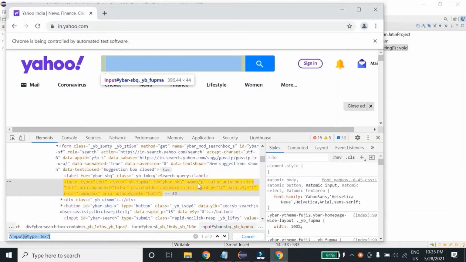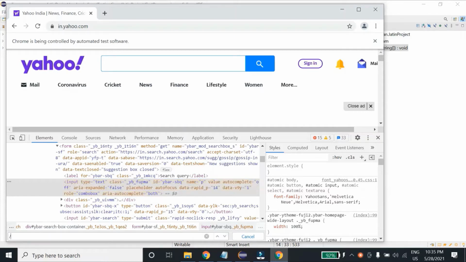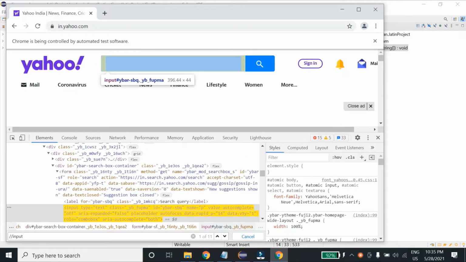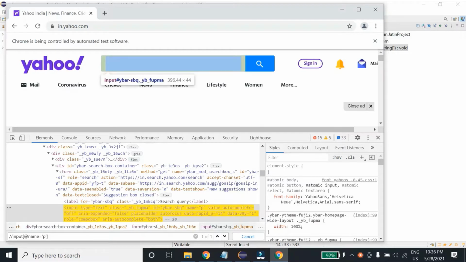Let's see if I use name instead of type. Name is P. As you can see, now it is uniquely recognizing the XPath.